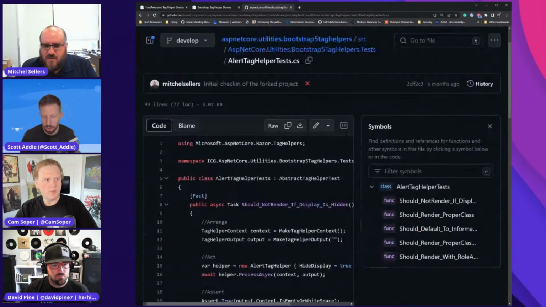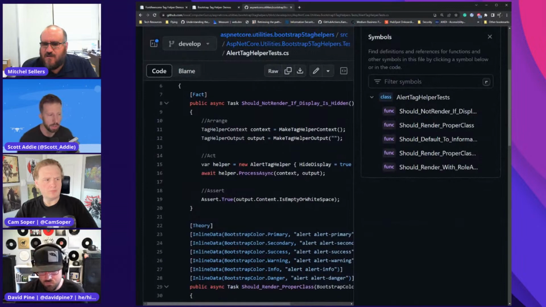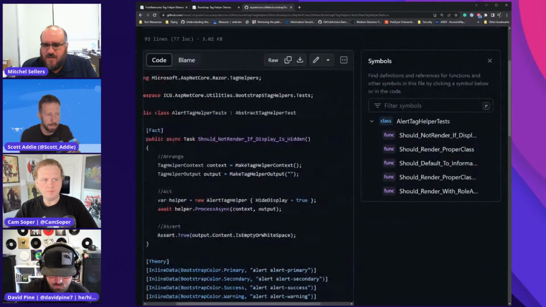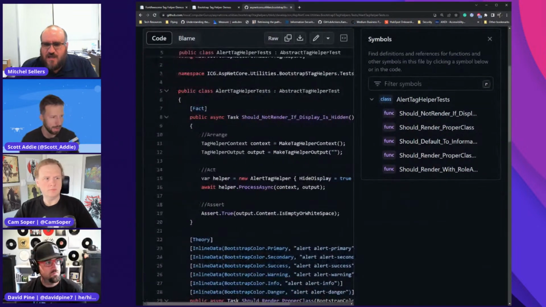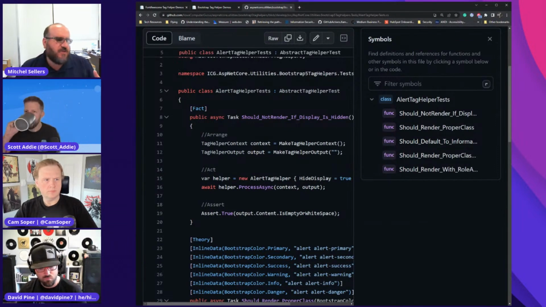Because as we saw earlier, there's that process or process async method, and I'm guessing at some point you would want to test that logic. Yes, and so basically, what we've done is we created an abstract class, base class for our unit test that